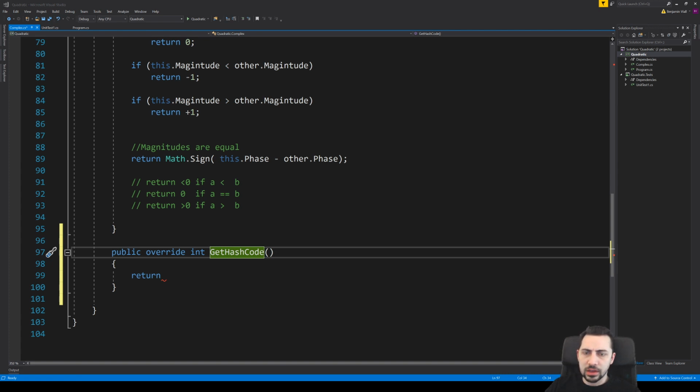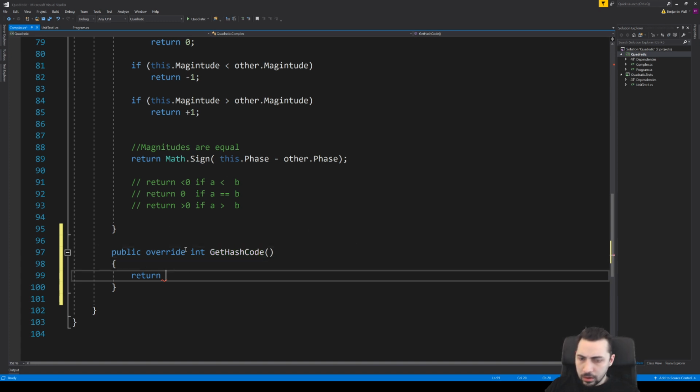That method is in HashCode, and HashCode is in the, one more time here.